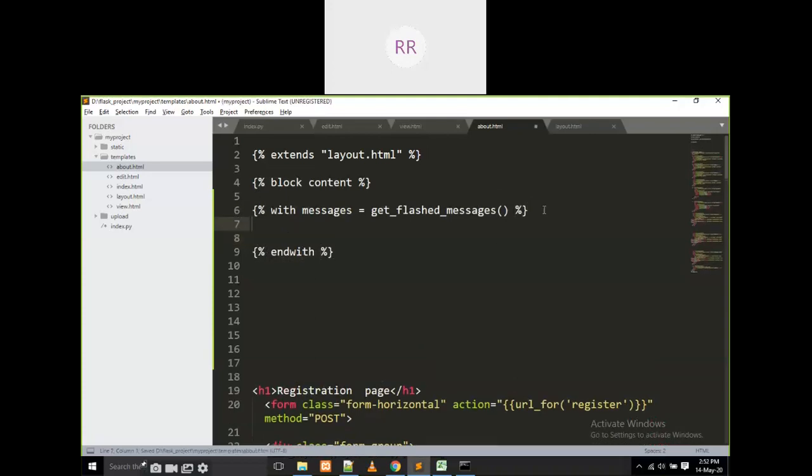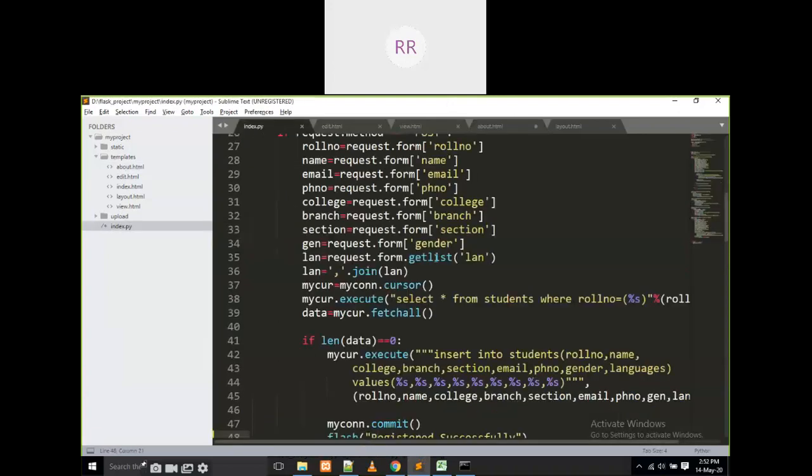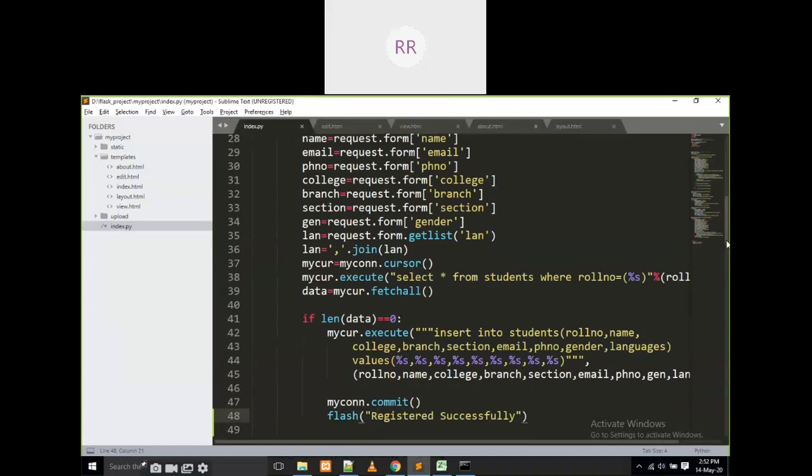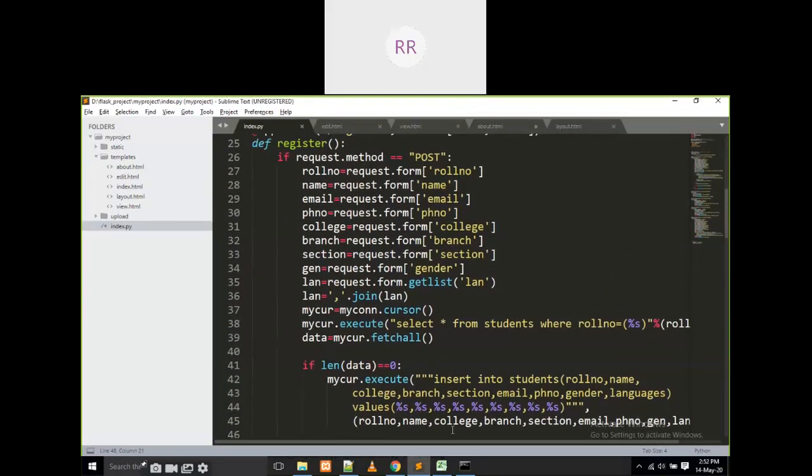Okay, then if the messages are there. If there are no messages, for example, if we call about.html for the first time, there are no flashing messages. If I click on that button, then only it will give some message.